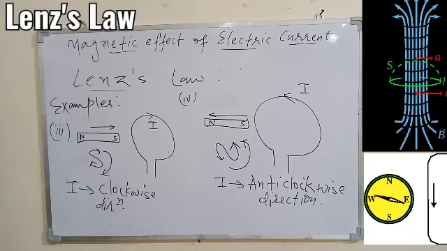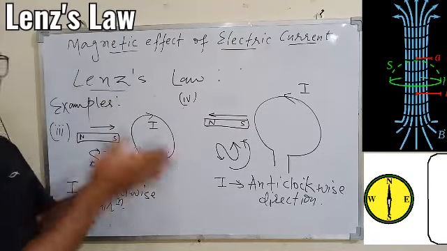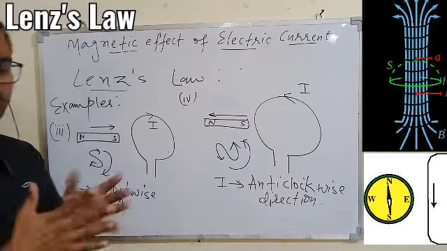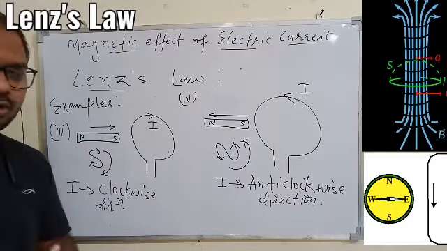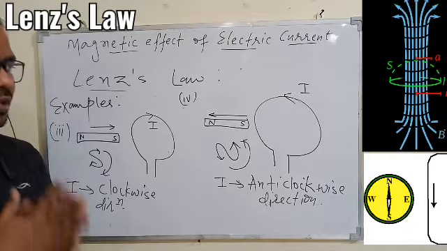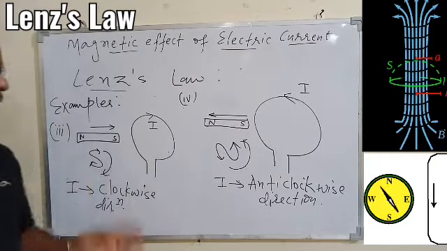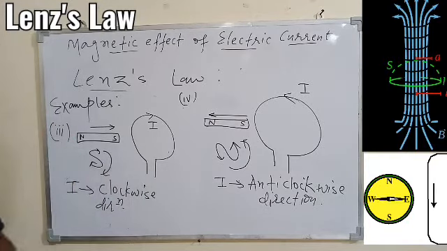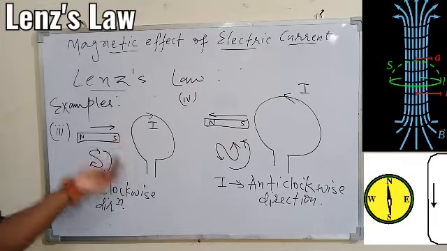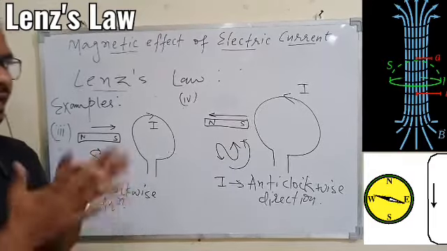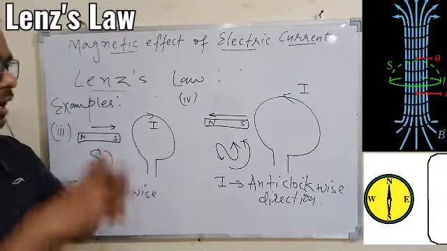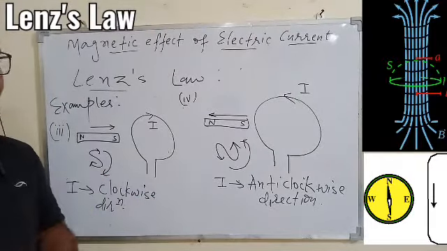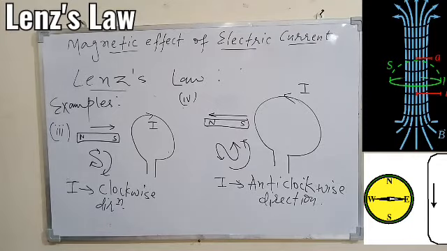So this is all. With the help of a magnet and a coil, we can understand the concept of EMI, and we can apply Lenz's law here. So briefly we have understood that if through a particular coil the magnetic field changes with time, then in the coil the current will be induced, and that current is called induced current, and this phenomenon is called electromagnetic induction. If the current is induced in the coil, then the direction of the current will be such that it will always oppose the cause of the induced current.